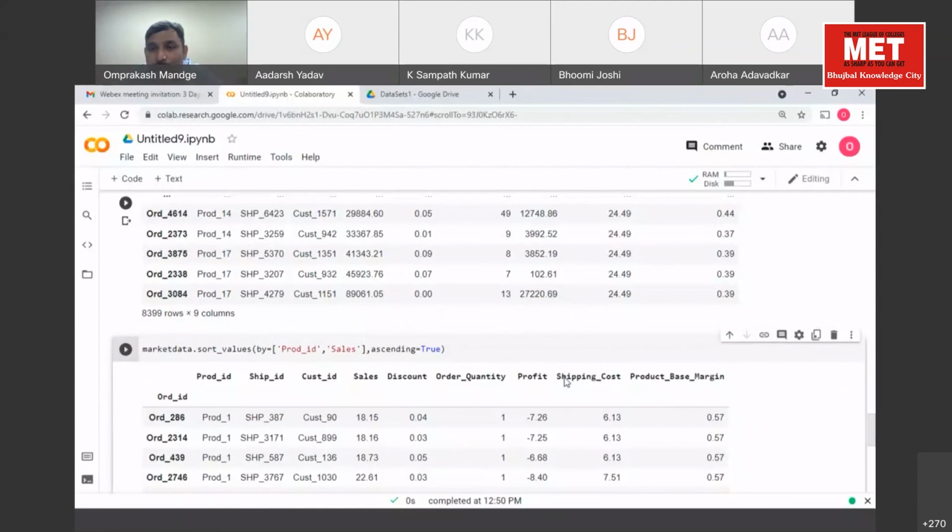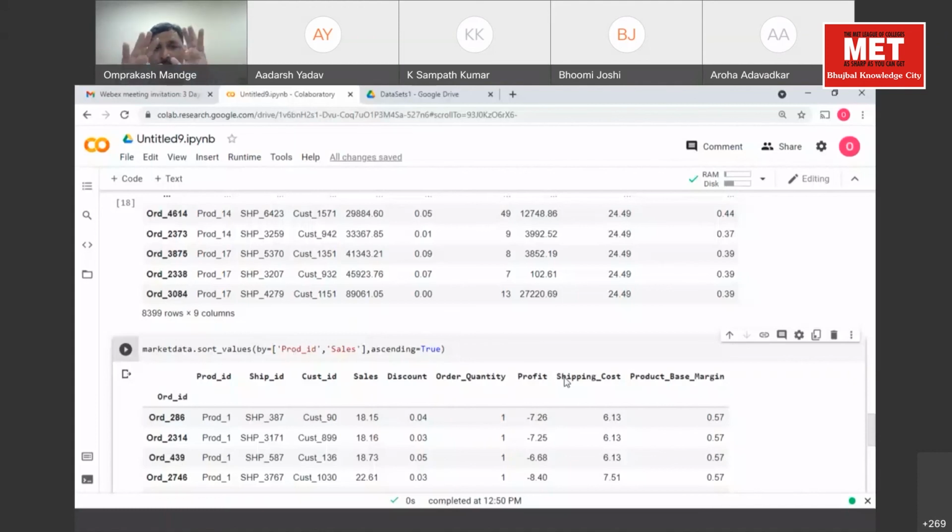I kept product ID and sales. So see, if the product ID is the same, then the sales are sorted according to ascending order. Yes, right? Adarsh was getting the same output but was a little confused.